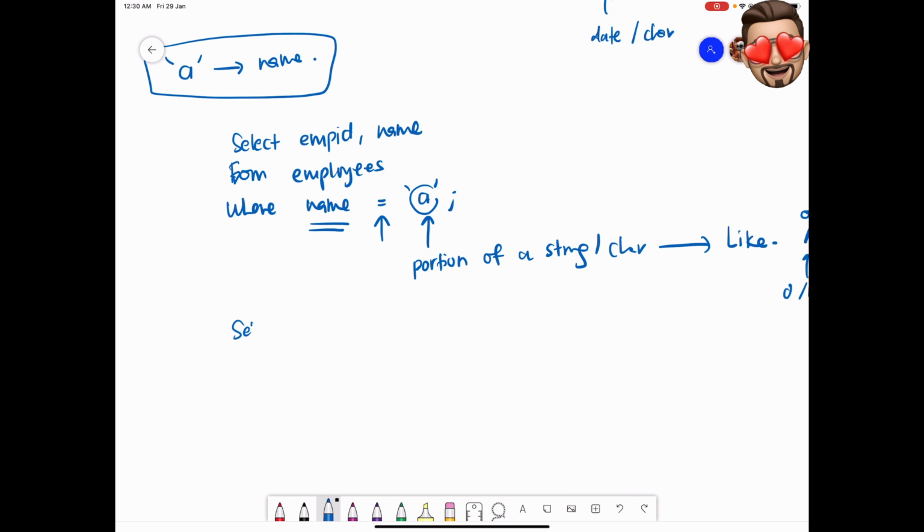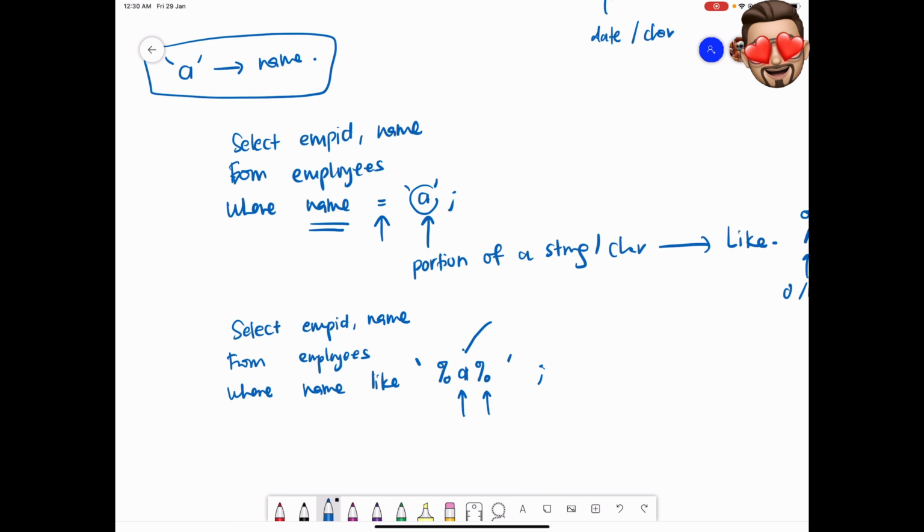So what we can do is select employee ID, name from employees where name like. This is our LIKE operator. Characters will be enclosed with single quotation mark: percentage, A, percentage. What does it mean here? In front of the character, it can be many characters. After A, it can be zero or many characters. So it doesn't matter if you have any other characters in front of this A, or at the end of the A. As long as the name has A in it,